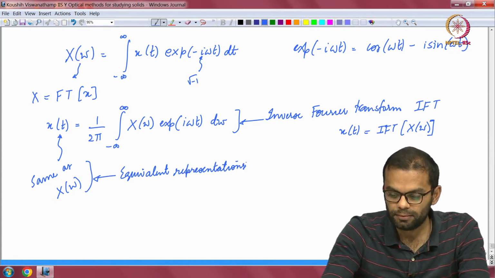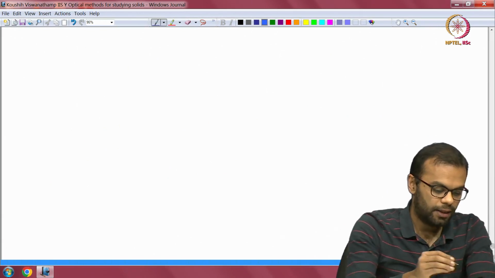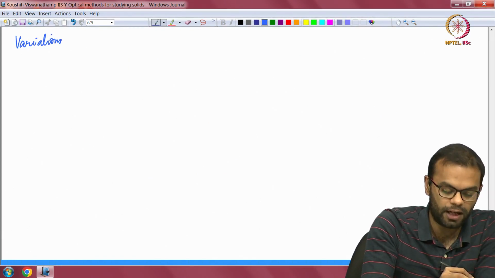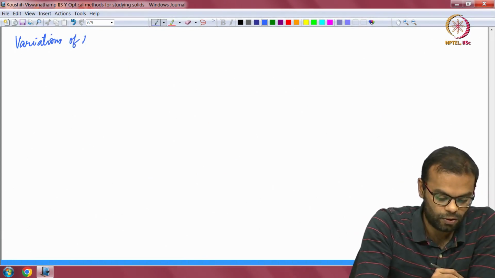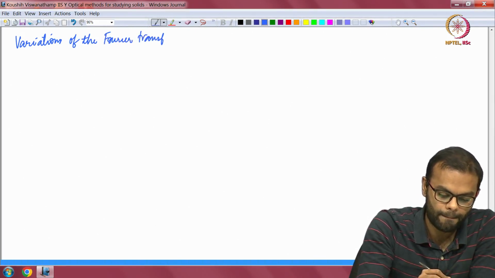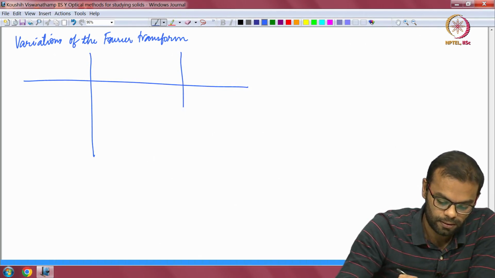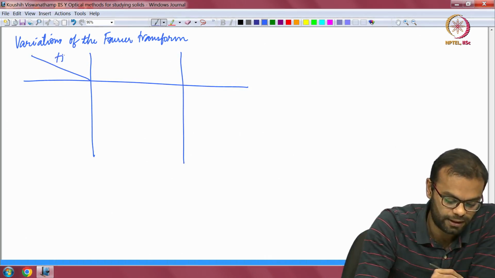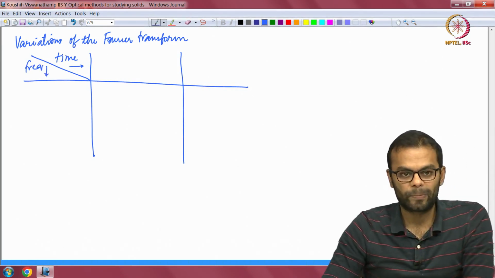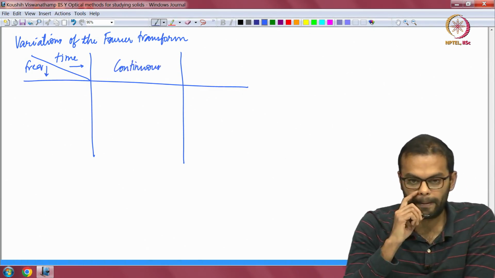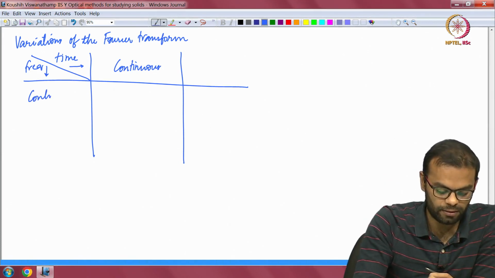Okay, good. So let us look at a few different variations, and the reason these variations are important is because they come up in practical implementations. So we will look at the variations of the Fourier transform. So I am going to draw a table here. So we will have just time and we have frequency here going down. Okay. So when time is a continuous variable and the frequency also is a continuous variable,